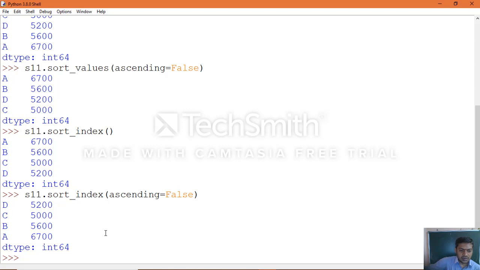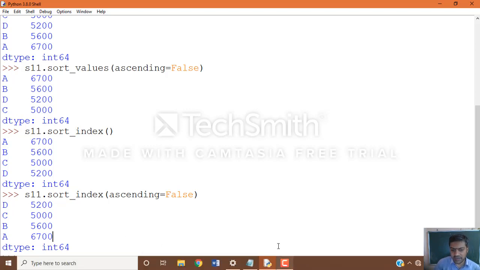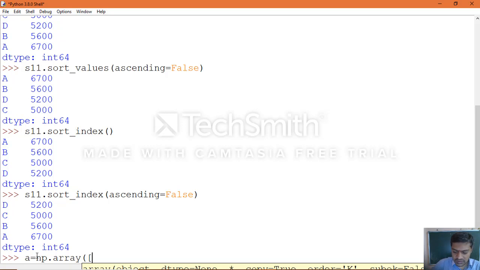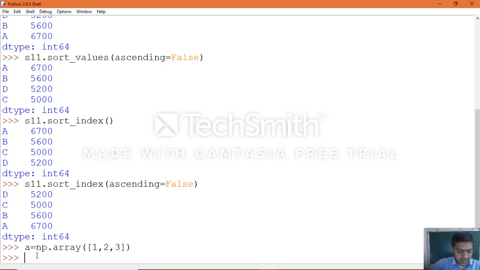Now we come to know another one, that is the differences between a numpy array and a series object. A numpy array, that is an ndarray, will not perform an operation if the two arrays have different shapes. How can we check that? We will take an example. First, an array: np dot array of 1, 2, 3. First we will take the same shape. So here you can check it out.